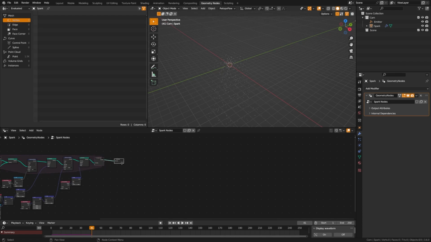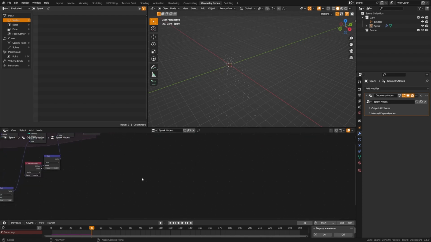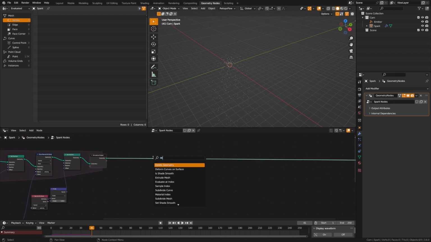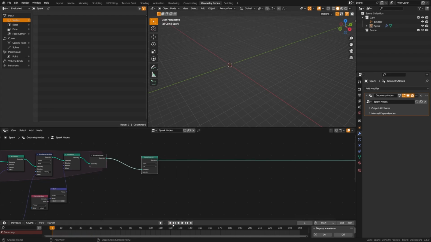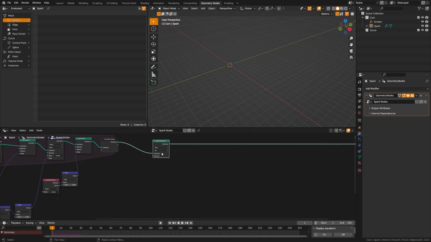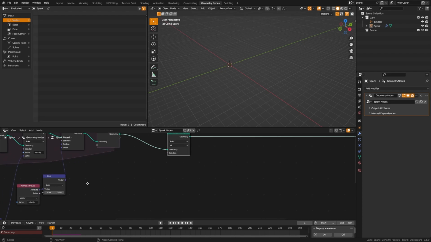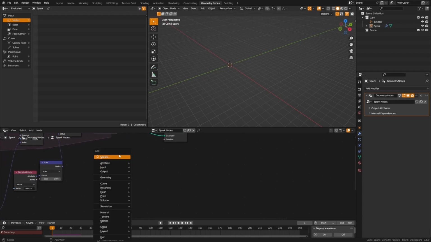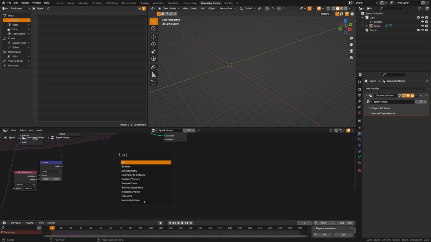So I'm going to grab this, pull this out here, and we're going to do a delete geometry. And we're going to put that right there. And by default, it's going to go ahead and delete everything, which of course we don't want to do. So we need to utilize this selection here. So we're going to use a named attribute, and we're going to use the same one we did before, and